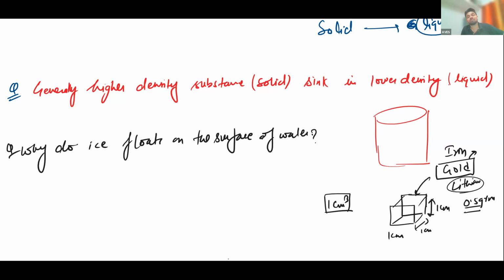So if we make the same cube with lithium, it will be very light in weight. If we make the same cube with gold, it will be the heaviest of all of these. Okay. So why? Because gold particles are heavier and they carry more mass. The same thing: if I got, for example, normal water particles.